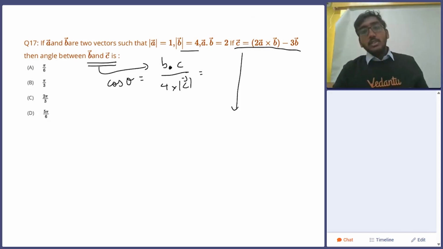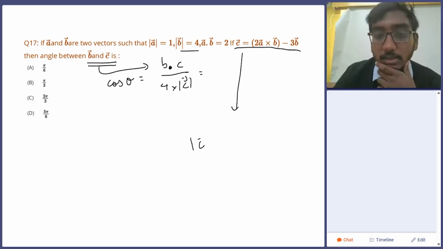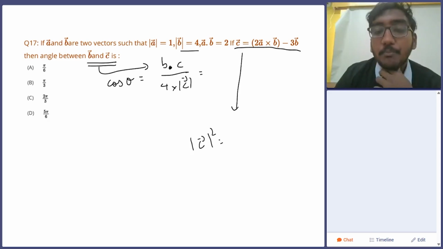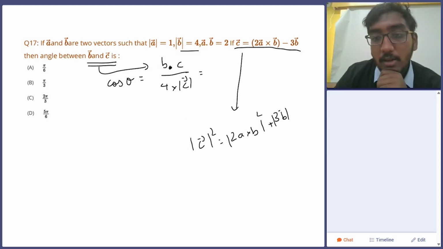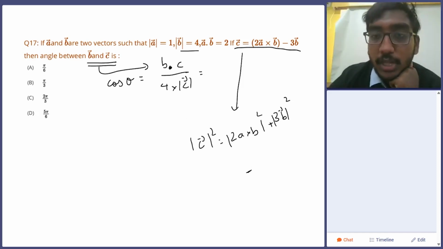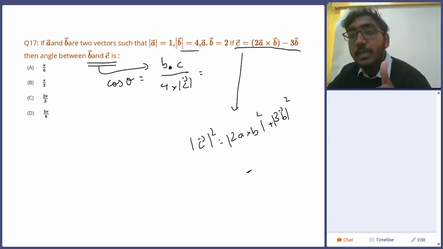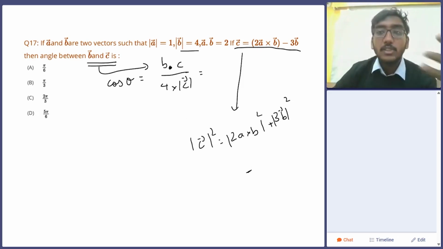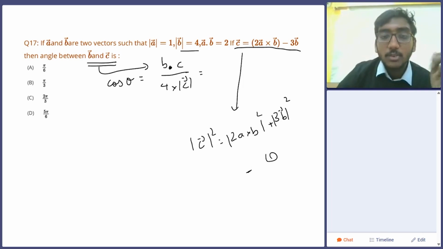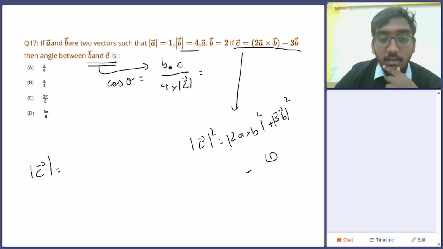For that, we will apply the parallelogram of vector addition. Mod C square will be mod of 2A cross B, whole square, plus mod of 3B, whole square, minus the dot product of these two, minus 2A cross B dot 3B. And 2A cross B will be perpendicular to both 2A and B, no? So when you take the dot product with 3B, it will become 0, right. So what will be the modulus of C? The magnitude will be,